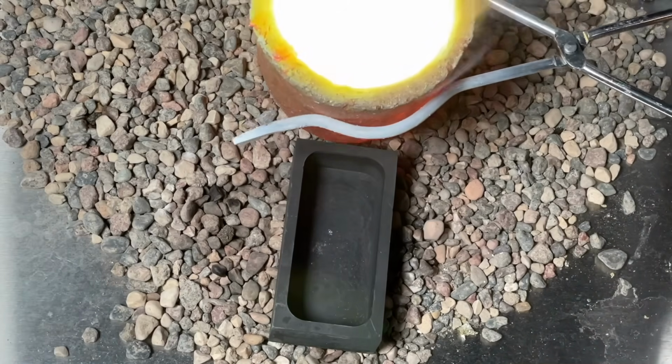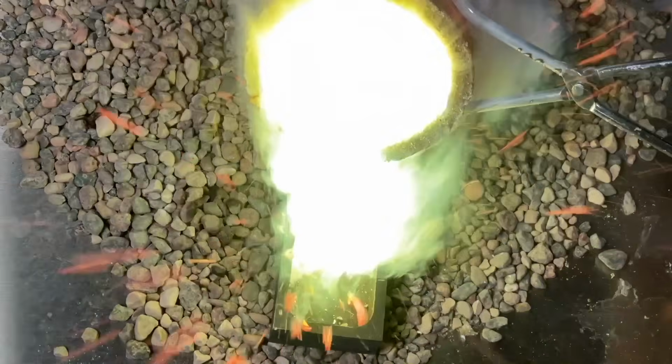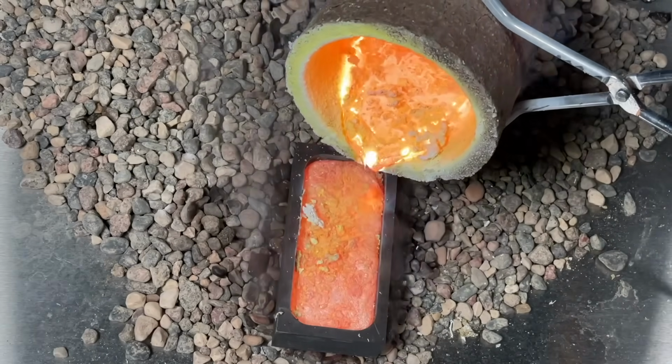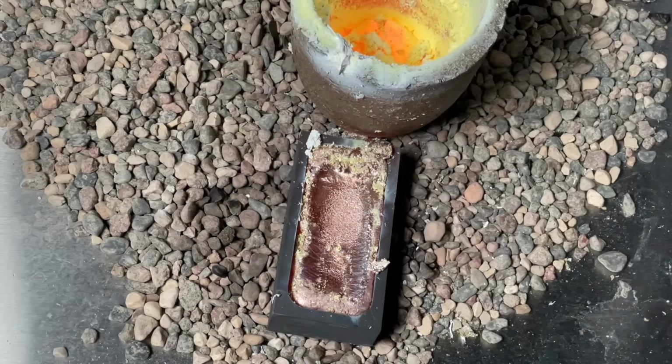And what happens when you pour molten metal on a bit of water? Well, it turns to steam and pops. We kept pouring and noticed that the molten brass was bubbling a little more, which means there was probably still water inside. After letting it cool, we realized that some of the molten brass went flying right towards us and